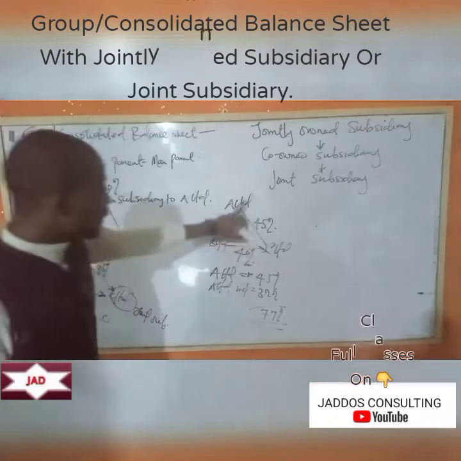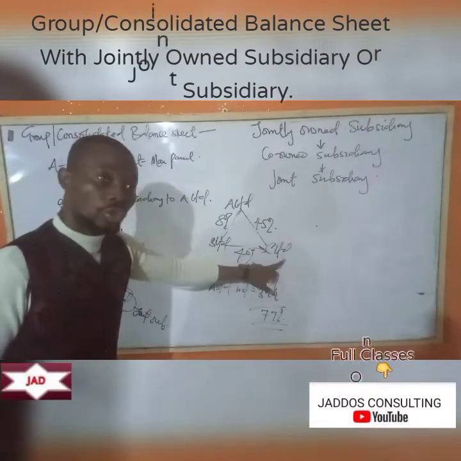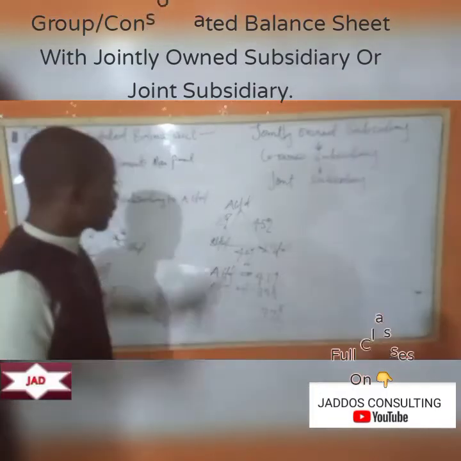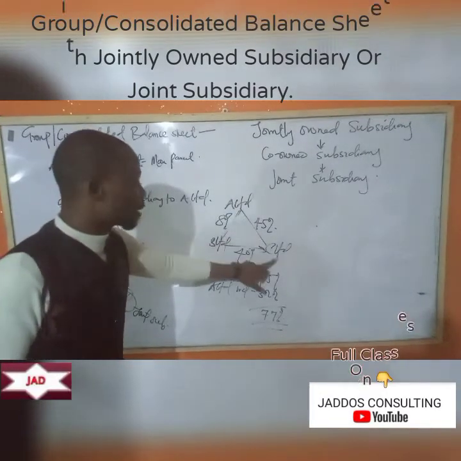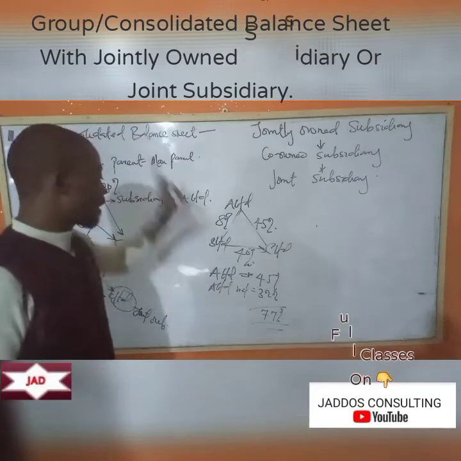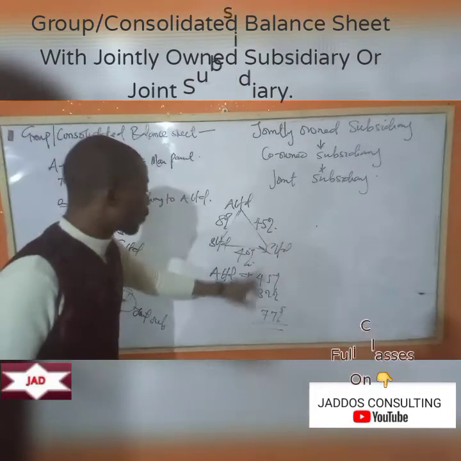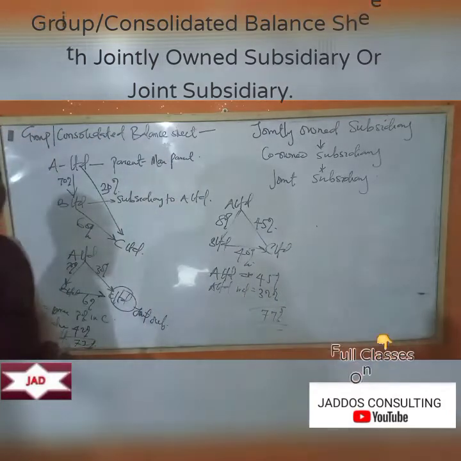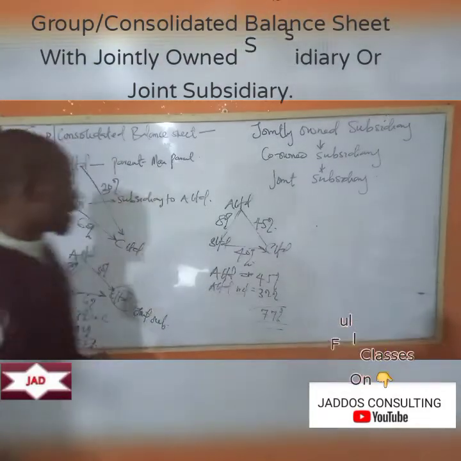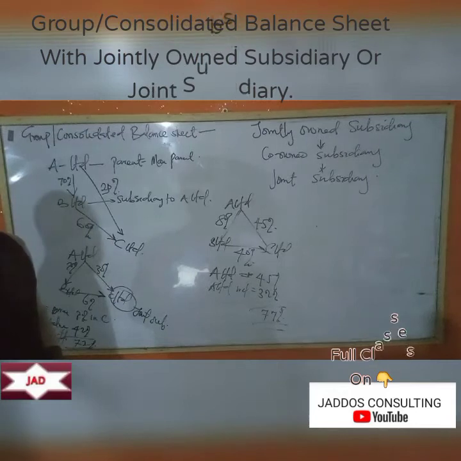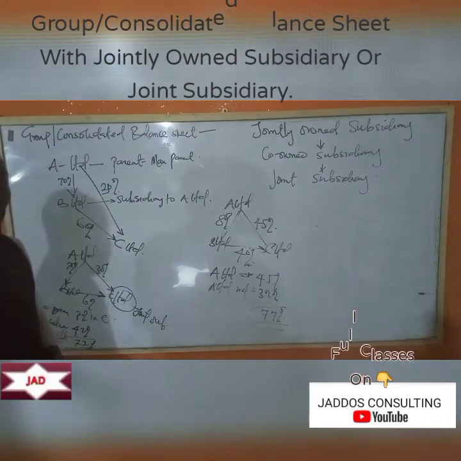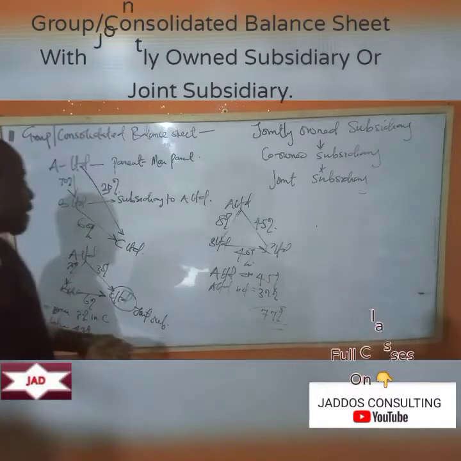So even though individually A is not controlling C, and B is not controlling C, when you combine the structure of holdings, A Limited has a direct 45% in C, but indirectly has 32%. So when you combine all, you find that A Limited has 77% in C. So C Limited here is a jointly owned subsidiary. So what we're trying to say in essence is that,